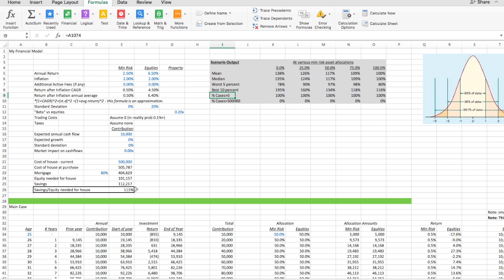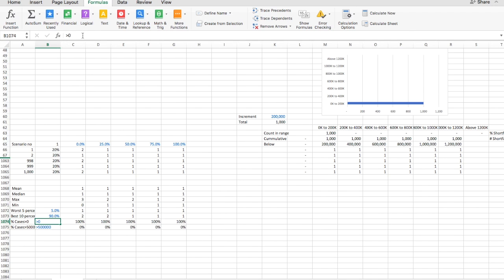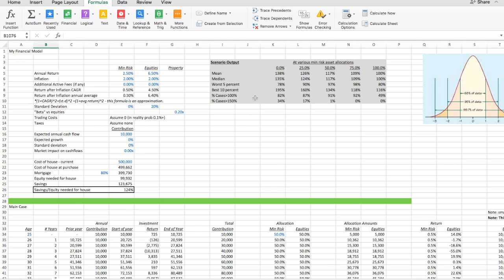And so let's go down and change the number down here. Let's say cases where it's not above 0, but above 100%. Instead of having that be that, let's make it 150%. So now we can see how often you will have enough above 100%, and how often you will have 50% more than you need. So this is the answer. I actually think this is what you really need to be told by the online calculators. Instead of being told, oh, you'll have enough or you won't have enough, what this is saying is, in the case that you allocate 50-50 equities and the minimal risk asset, you will probably have enough 9